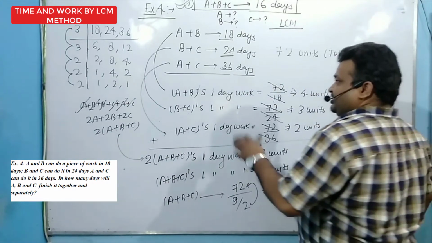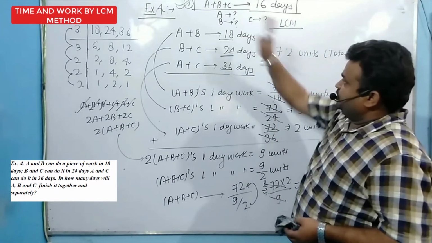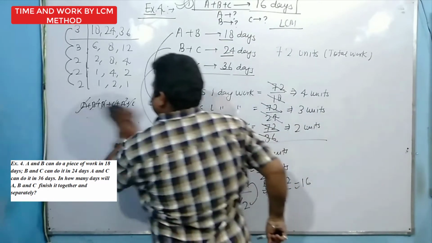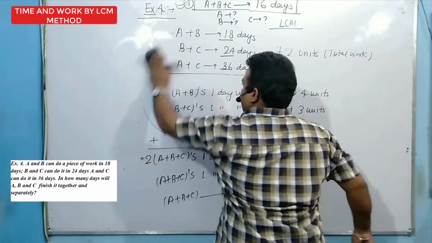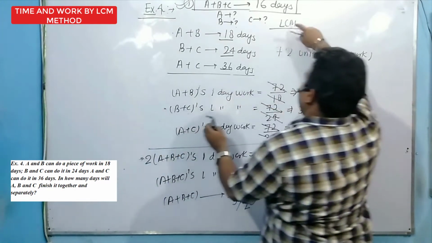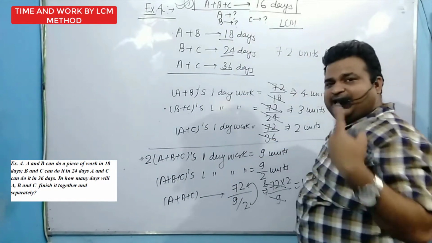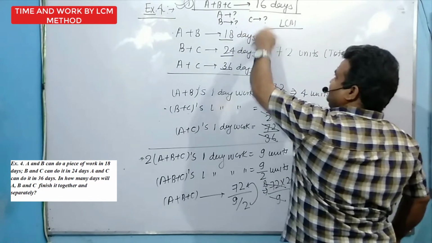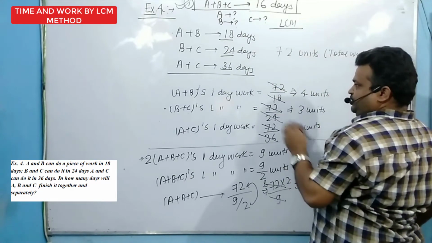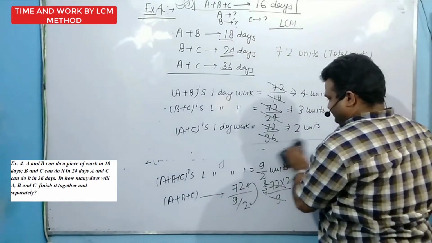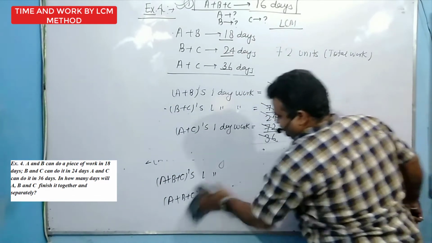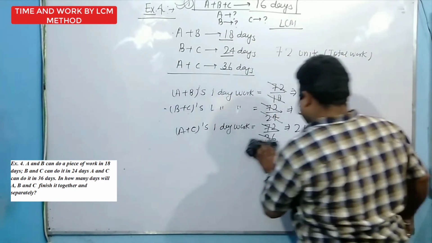Now this is one question solved. Now in the second, it mentioned that you need to calculate one more parameter, and that is independent work. A कितना टाइम लगाएगा कंप्लीट करने के लिए, B कितना टाइम लगाएगा and C कितना टाइम लगाएगा. Okay. So now I'm going to solve independent work.